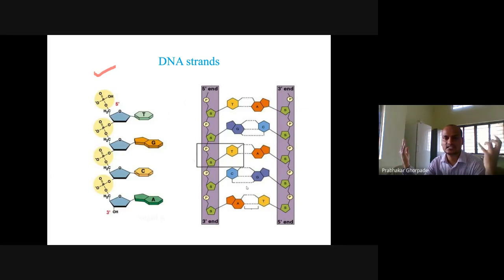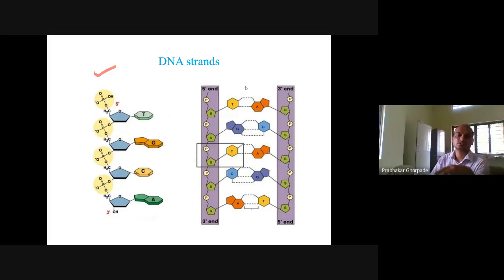Now there is a tendency that if one adenine is there and one thymine is there, they should come and form the hydrogen bond. That is why, after denaturation, if you renature DNA, both strands will again come together and will try to be in contact with each other with the help of hydrogen bonding. So that is the hydrogen bonding of the DNA. That is why the two strands of DNA are held together by hydrogen bonds.